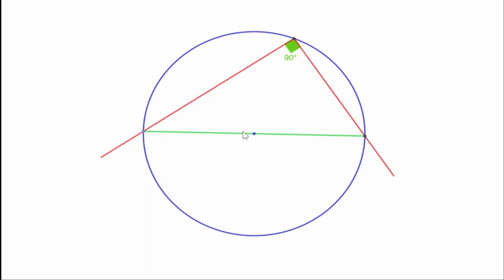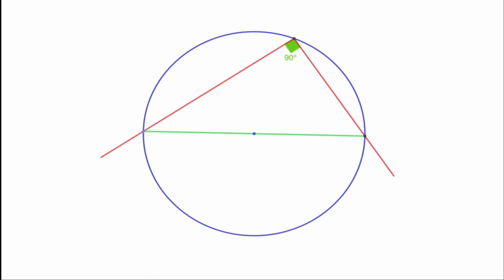See, this is a right angle triangle and this is its circumcircle. And we know the circumcenter of a right angle triangle is the midpoint of its hypotenuse. So the center of this circle is the midpoint of this line. Means this is the diameter of the circle. That means if we draw mutually perpendicular lines from a point on a circle and join the points where they cut the circle, we get a diameter. Or the reverse of what we have seen earlier is also true.